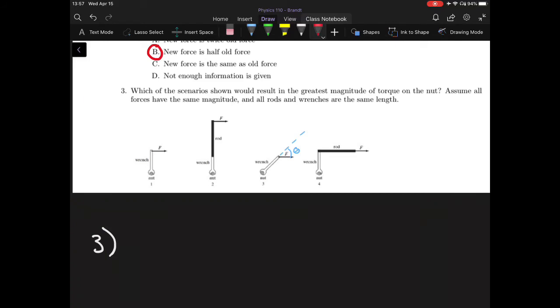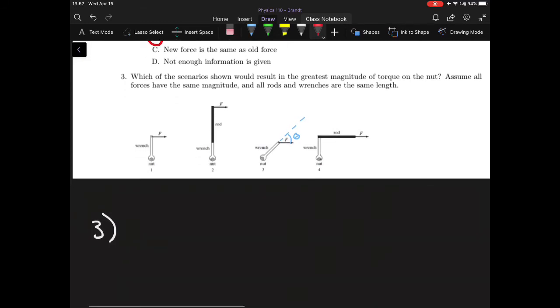The wrenches are the same length, and the rods are all the same length for each of these scenarios. So once again, we're looking for torque. We want to know which one has the greatest torque, and torque is equal to R cross F. And another way to say that is R F